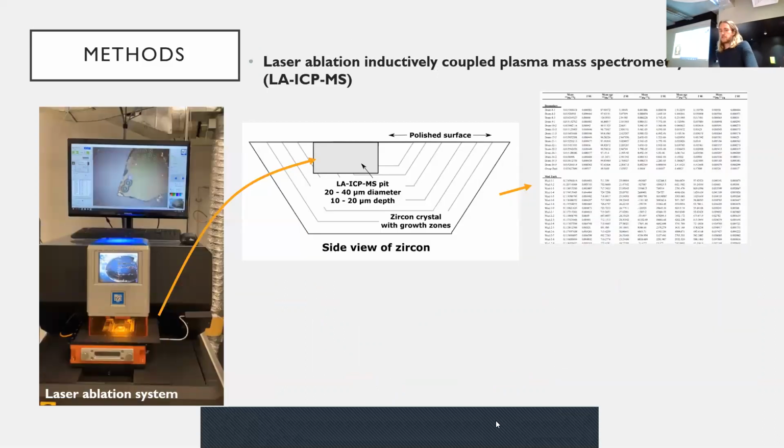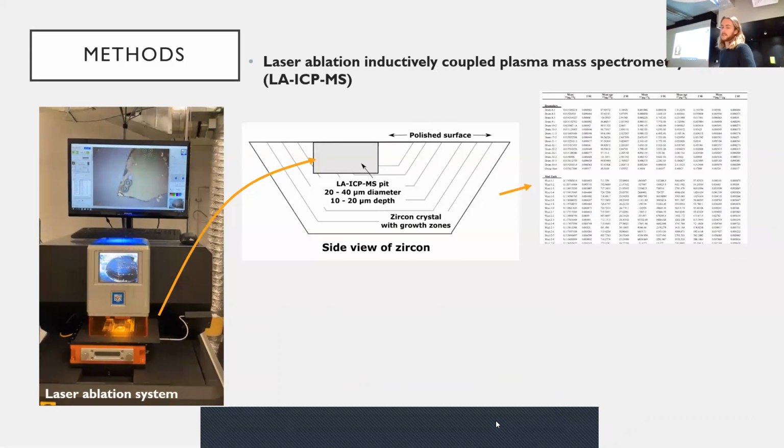We then measured uranium, lead, hafnium, and other trace elements in the crystals. So we used laser ablation and inductively coupled plasma mass spectrometry. Essentially, we have a laser, we ablate pits in the crystals. I think we did just under 1,400 spot analyses across something like 40 to 50 crystals. And that material that is ablated by the laser is then sent to a mass spectrometer, which measures the isotope concentrations, and then we calculate some ages and